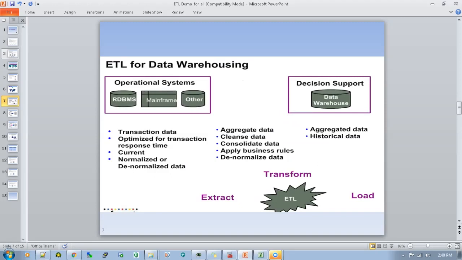And while we are doing the transformation, we will normalize or denormalize data however we want, aggregate the data, cleanse the data, and consolidate the data from different source systems. Any business rules they want, we can apply by using the transformations. And then we will load this data to